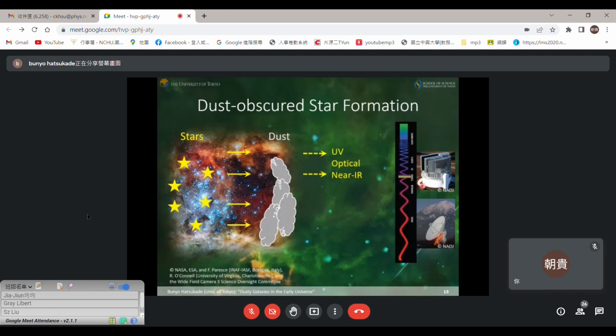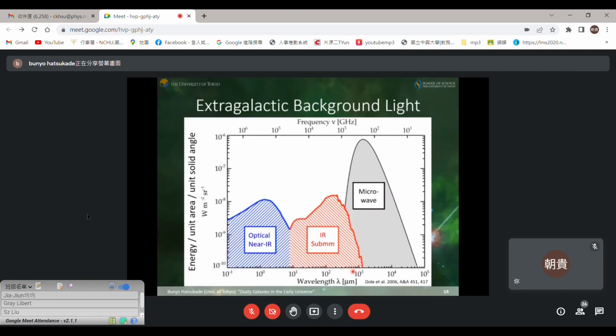This figure also demonstrates the importance of observations at both optical and infrared wavelengths. This is a figure of the extragalactic background light, which is an integration of all emission outside the Milky Way. So it is the integration of the whole activity of the universe outside the Milky Way in this wavelength range or frequency range. There are three peaks. The highest peak is the microwave background, which is caused by the remnant of the Big Bang. And the other two peaks are caused by the activity in the universe, such as star formation